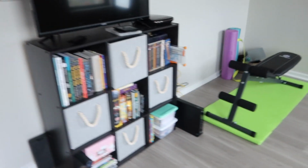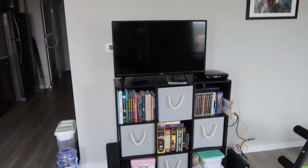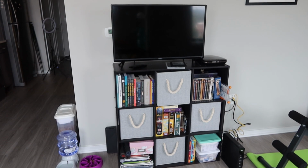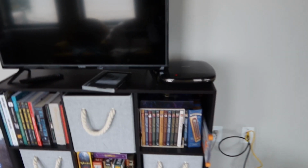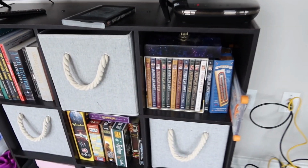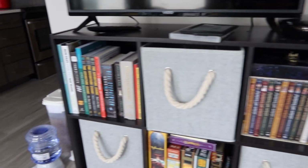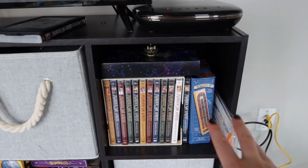For my living room, I have a TV that my parents let me take with me when I left Rochester, and a DVD player that I kind of requisitioned from my parents because I'm the only one who watches DVDs, and I only watch Murder, She Wrote DVDs. So we've got books here, my Murder, She Wrote DVDs here, as well as some stuff that doesn't